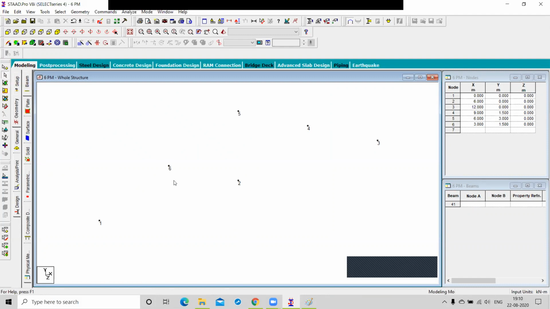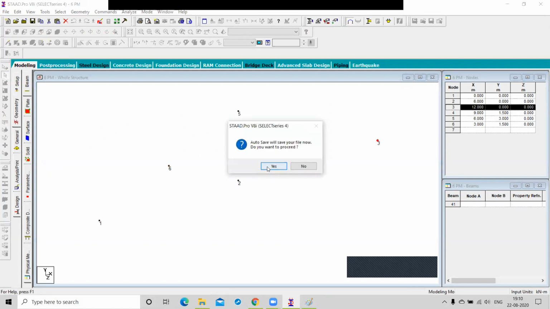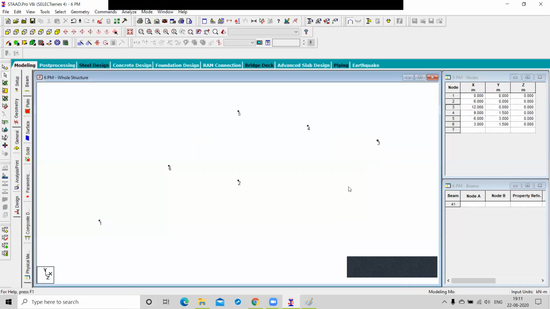Now see, this is your 6th node. Select here, and the node is highlighted with red color. If you select this third node, the third node is highlighted with red color. This is to confirm whether the node number is correct or not, right?